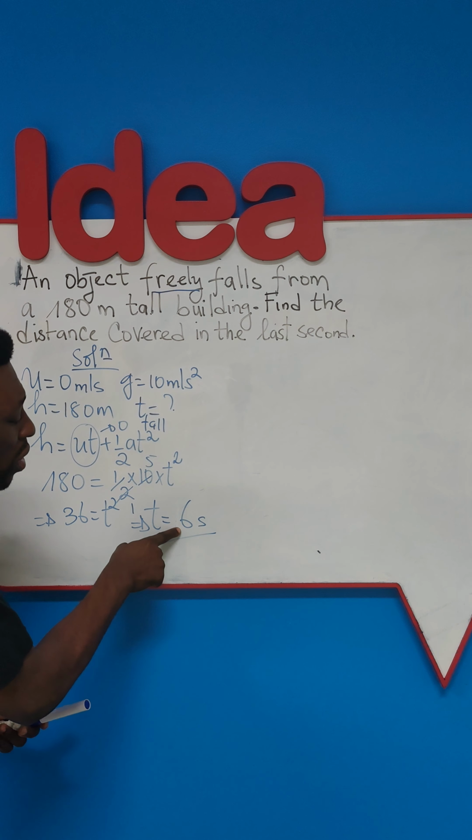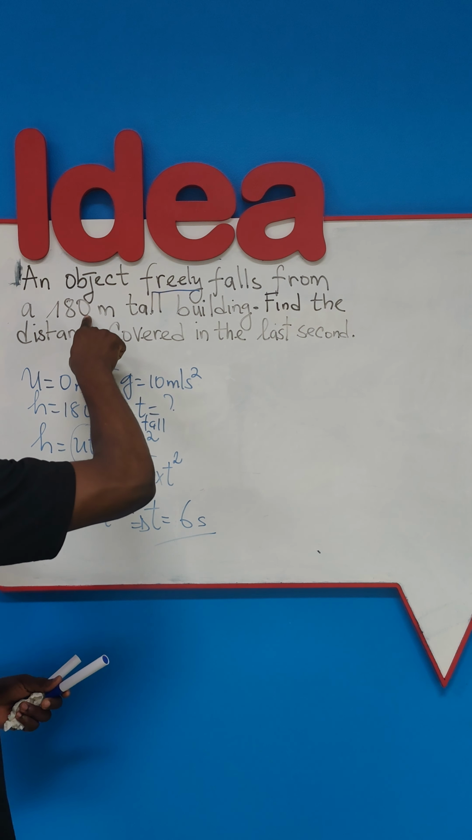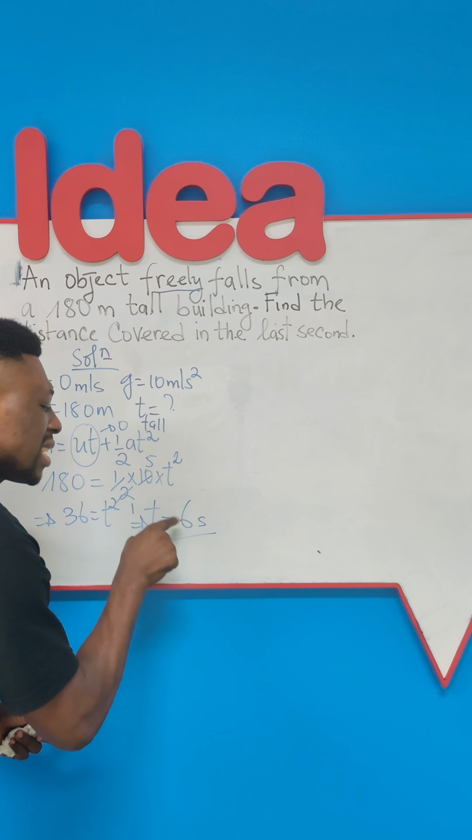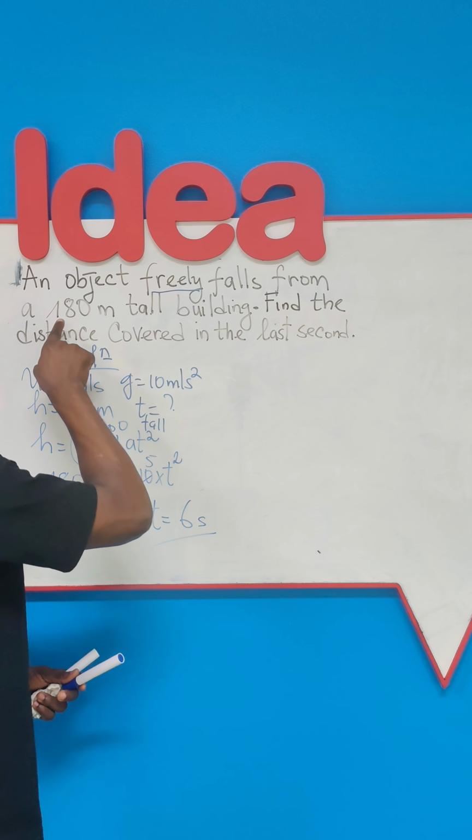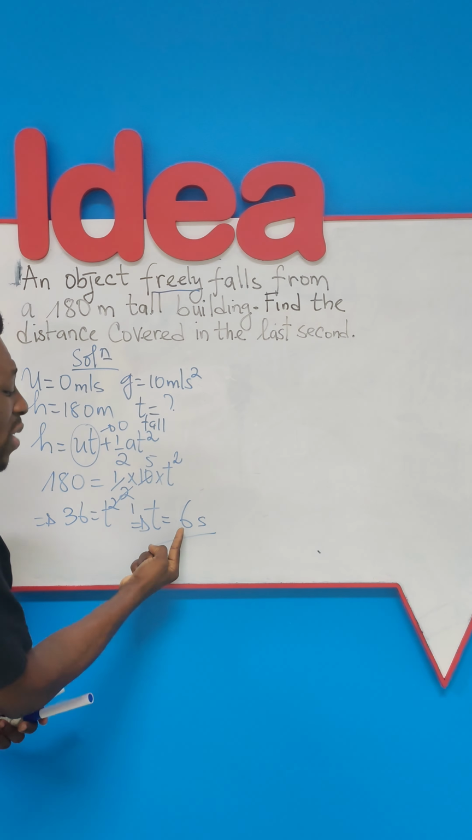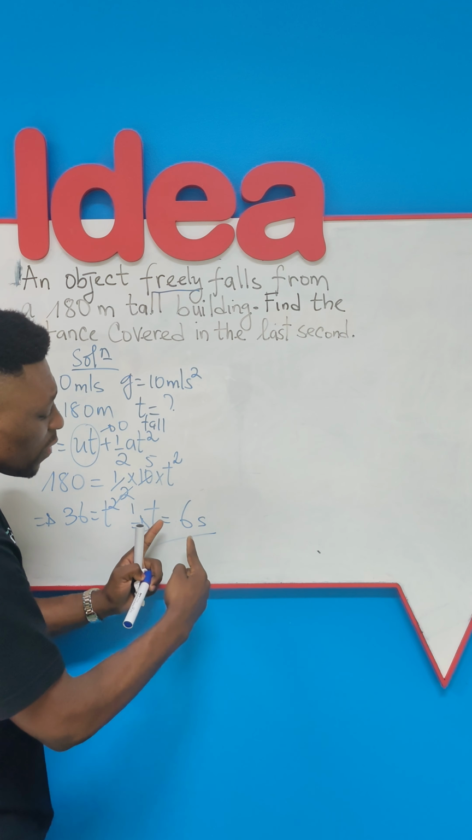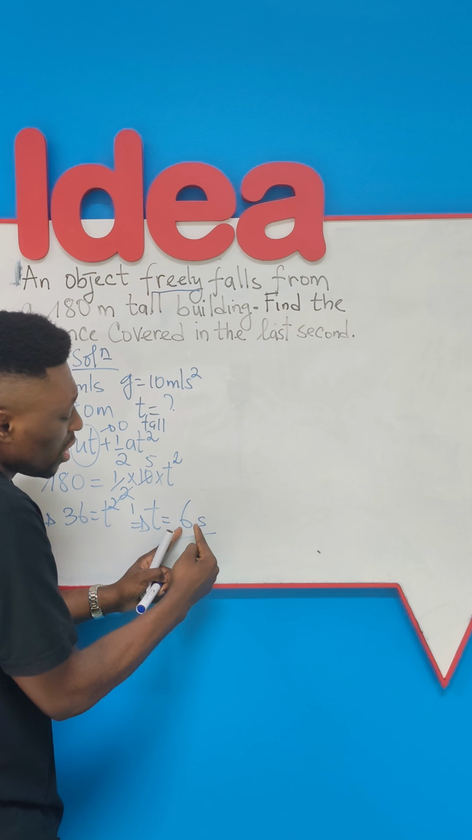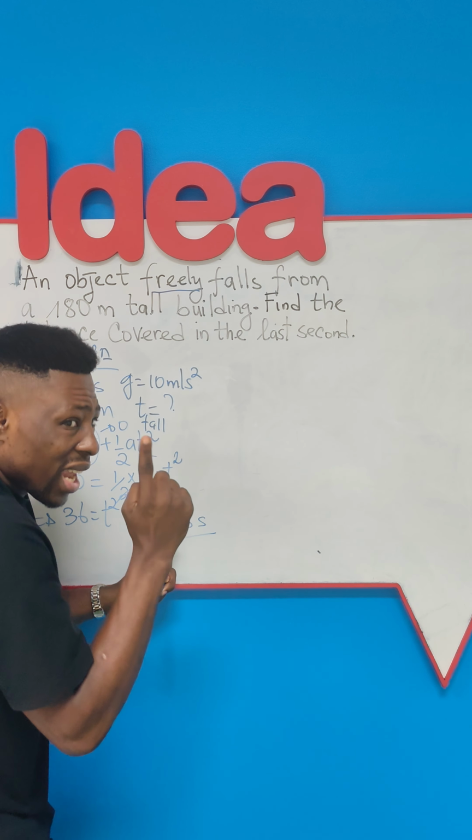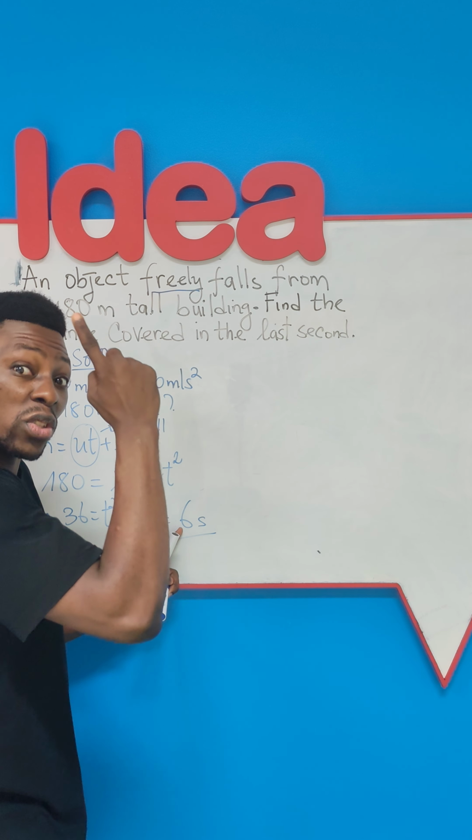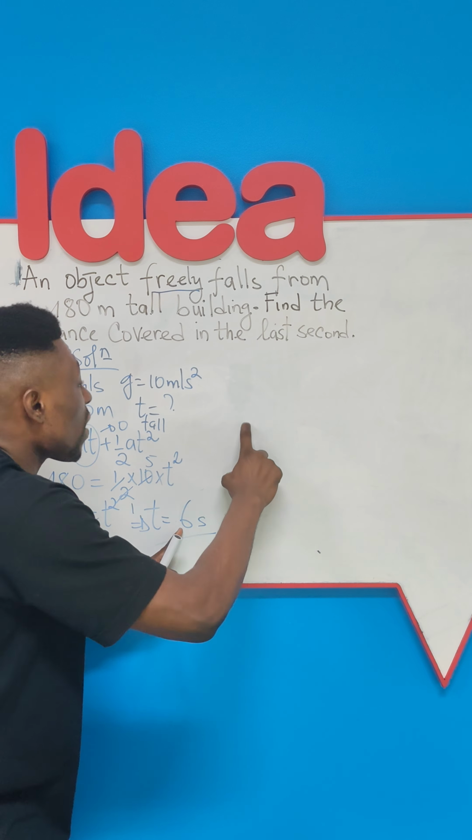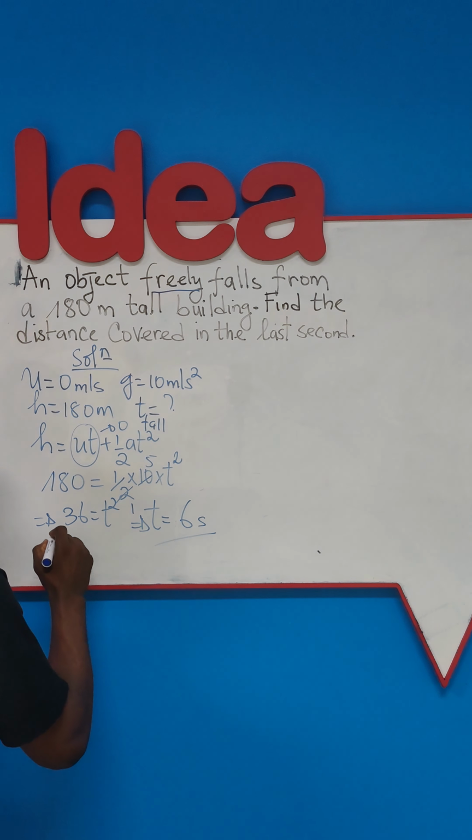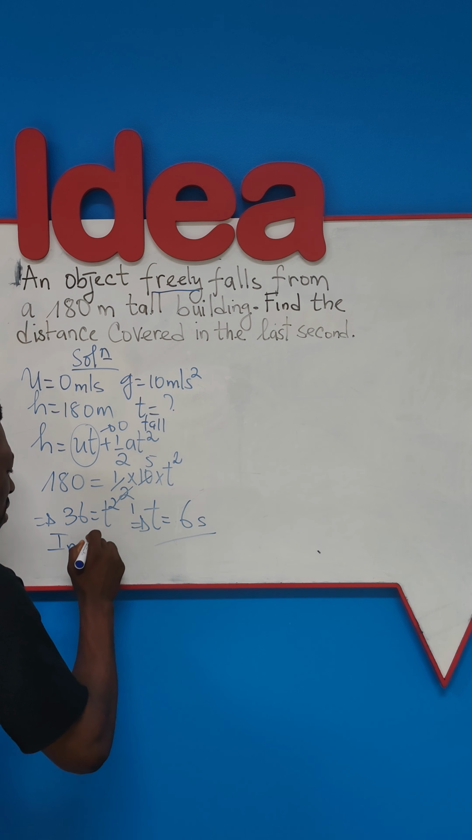Now, this is the total time it takes for this object to cover 180 meters of height. Let us find how far the object had already traveled in 5 seconds. Because if it took a total of 6 seconds to fall, let us find the distance covered in the last 1 second. To do this, we must first find how far it had covered in the first 5 seconds, all right? So we will say in 5 seconds,